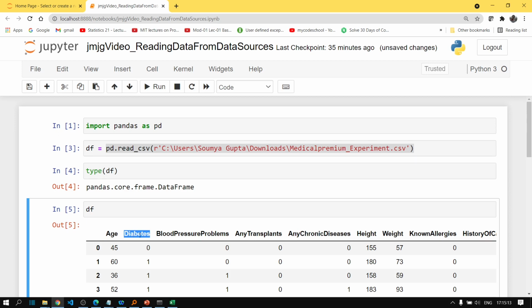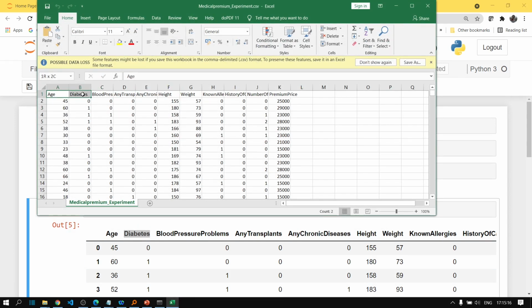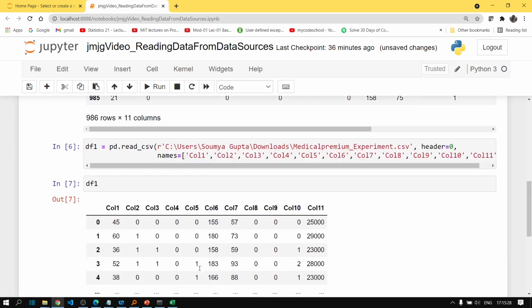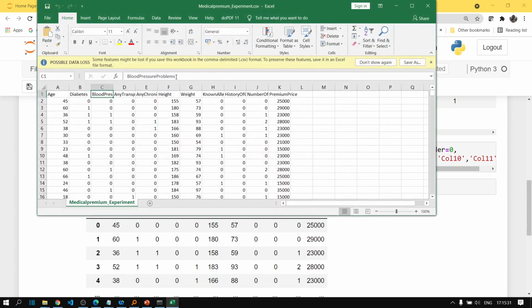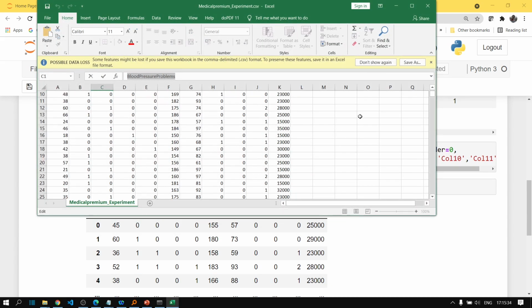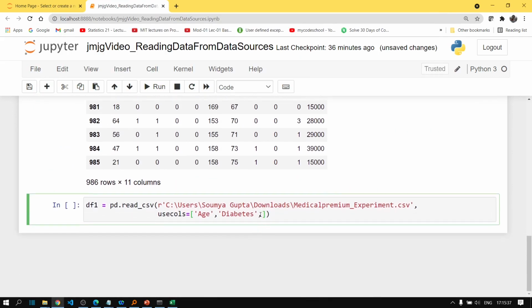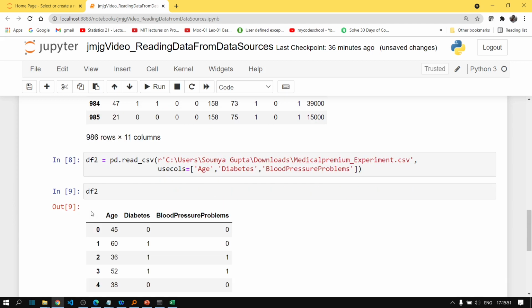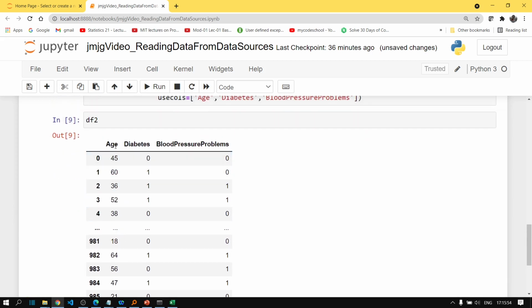Let's say we want to use the first 3 columns: age, diabetes, and blood pressure problems. Fine. So now if you run your cell once again, and now if you print df2, you can see that only 3 columns have been imported.